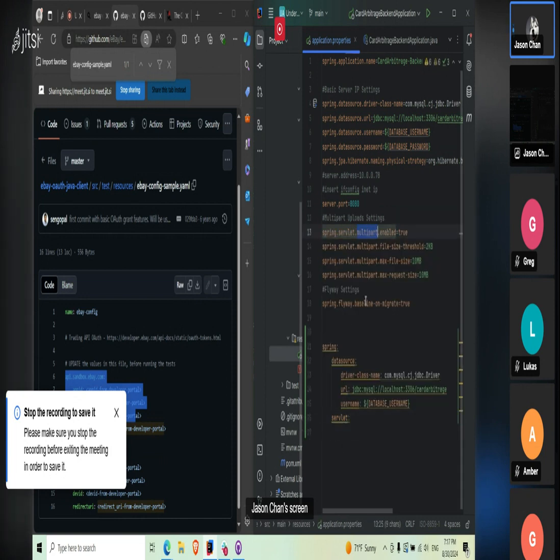And then I'll do multipart. And multipart is what? Another subclass of servlet. And I'll have enabled equal to true. And over here, because spring, servlet and multipart are all the same part, the only thing that's different is file size threshold. I'll put that there as 2KB. And so I'm not going to do all of these, obviously, but you can kind of see